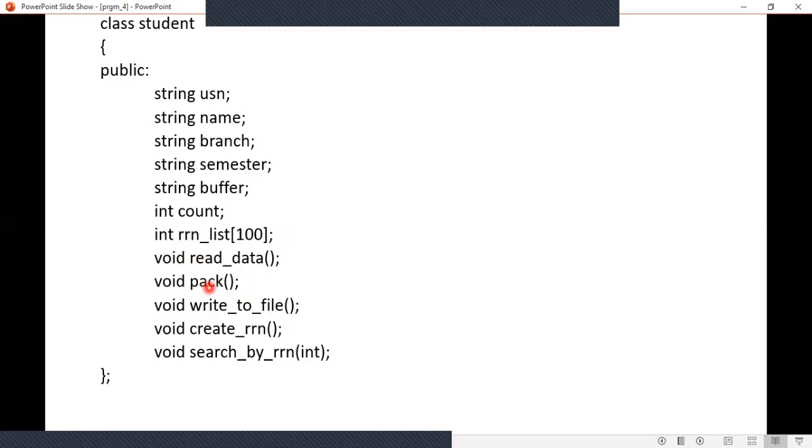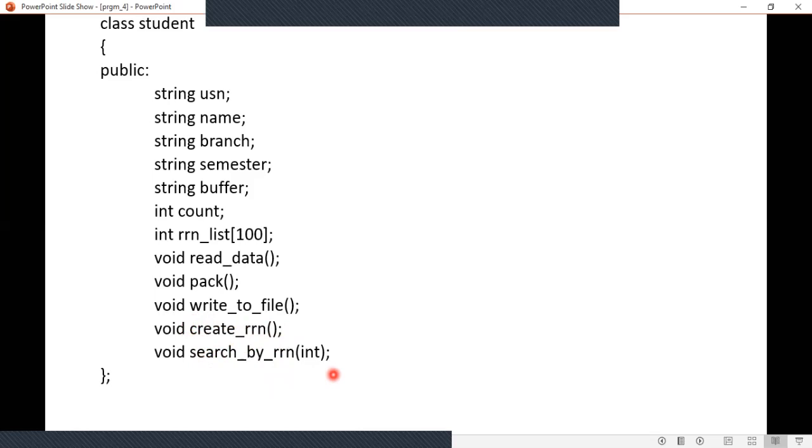After packing you are writing it to the file. Okay, next you need 2 extra methods in this program. That is, one is creating the RRN, and one more is searching by RRN. That is, you input the RRN and it is going to search for that particular record in the file.